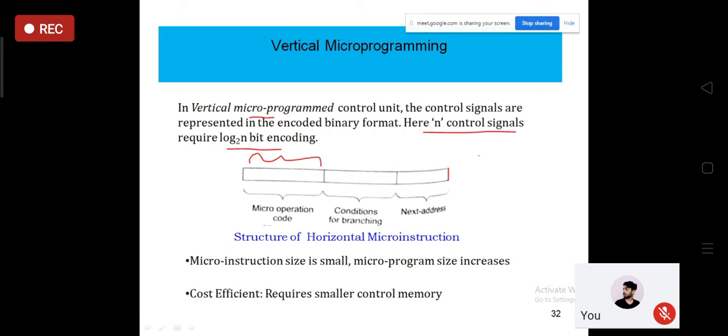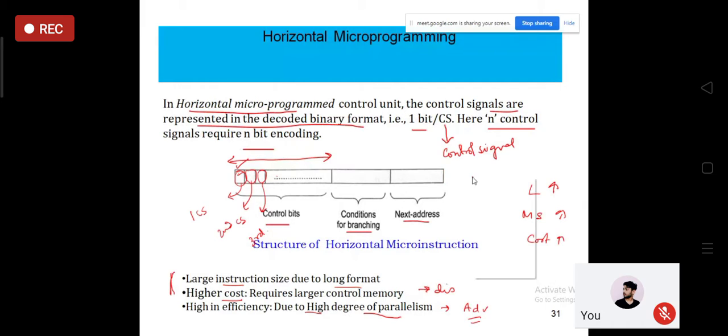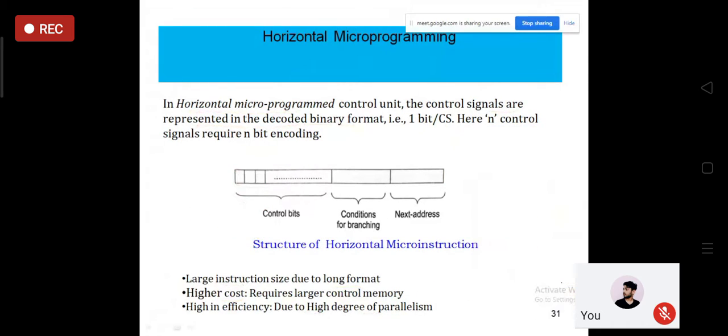Suppose for the first case, the horizontal unit, if I am putting only this part, not the rest, and it has 4 bits. Can you tell me how many control signals it is going to generate? Are you getting my point? Now, if it is 4 control signals, you can think of C1 as a control signal, then C2, C3, and C4.